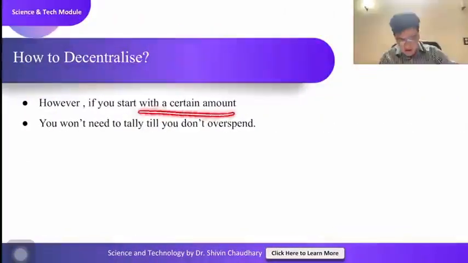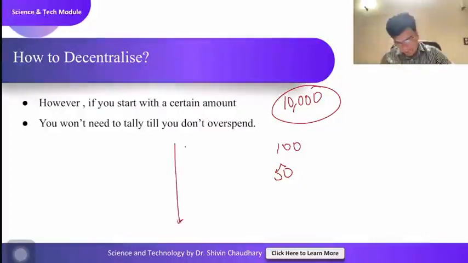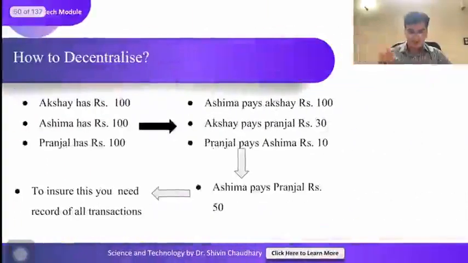एंड इफ यू स्टार्ट विद अ सर्टेन अमाउंट, मान लो यू स्टार्ट विद 10,000 रुपीज ईच एंड योर ट्रांजैक्शंस आर ओनली 150, तो जब तक आपको लगे कि यार अपना 10,000 का लिमिट कोई ब्रीच नहीं कर रहा है, आप तब तक टैली करने की जरूरत नहीं है। सो यू कैन इवन डिले द टैलिंग लेटर। सो बेसिकली अब क्या हो रहा है कि जितनी भी ट्रांजैक्शंस हैं हम लोग खुद रख रहे हैं, वी आर गोइंग टू नोट देम आवरसेल्व्स, नॉट गोइंग टू नोट देम इन सम अदर प्लेस।